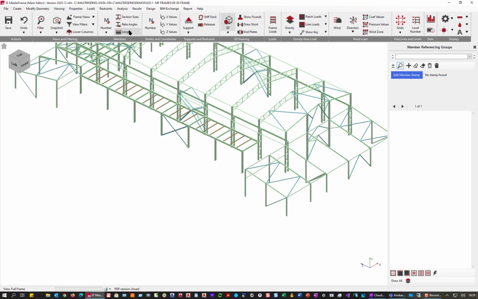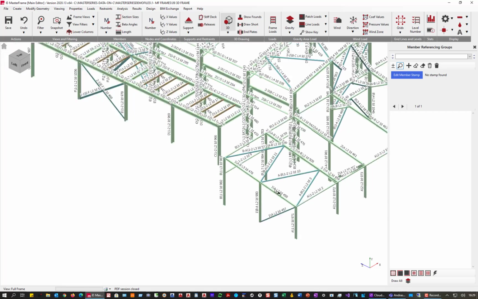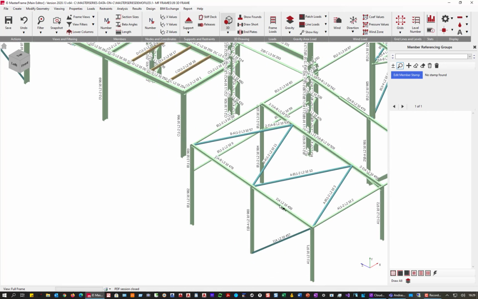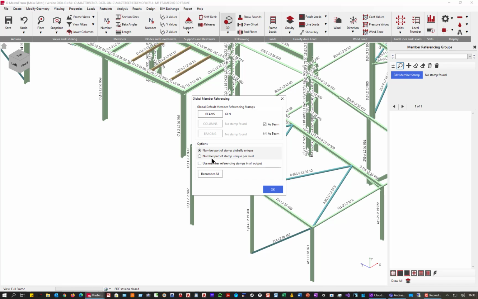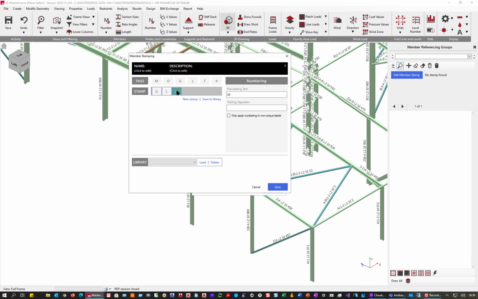So now when we add the member references for each member, you'll see that it is 1A, which is the grid line, level 2, and it's ID 458. Now we don't really need the IDs unless there are duplicates that are going to conflict, and I am going to go back in here and tell it under the ID, only use when we have several that would be conflicting, and save